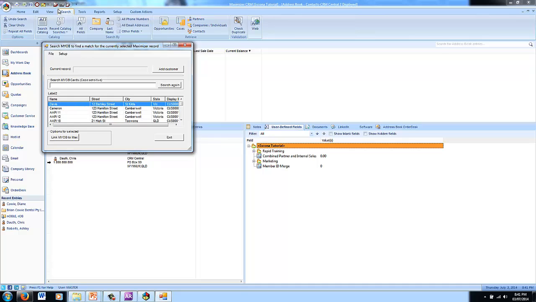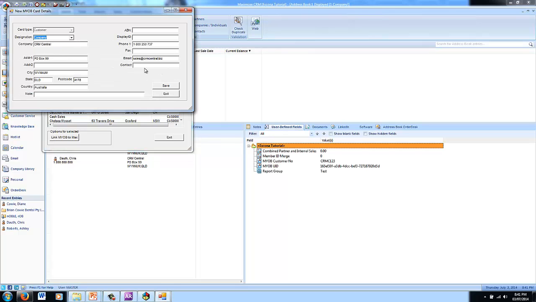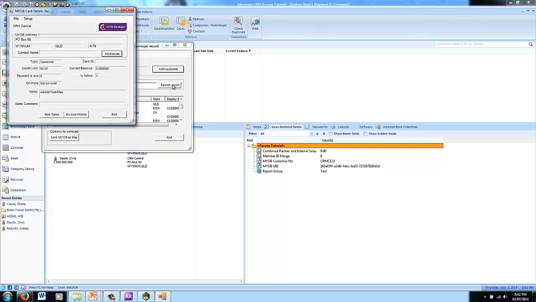Because no link exists between this Maximizer record and the MYOB card, MaxToMYOB is going to look into our MYOB database to see if there might be another card in there that we want to link this particular record to. I'm happy that this record doesn't exist in MYOB, so I'm going to go ahead and add a customer. I can add some extra information here if it wasn't already in Maximizer. And if I click on Save, the record will be added to MYOB and the link established, so the next